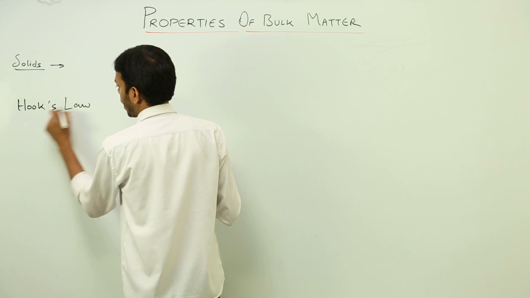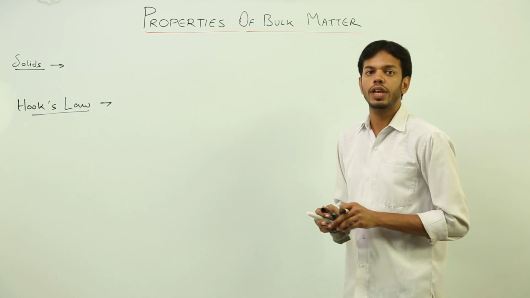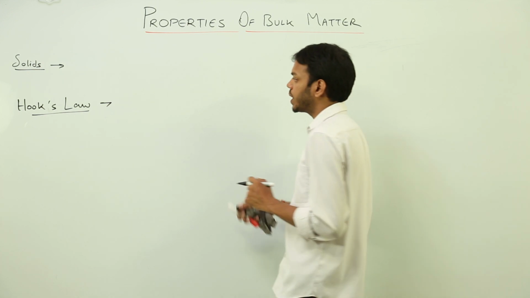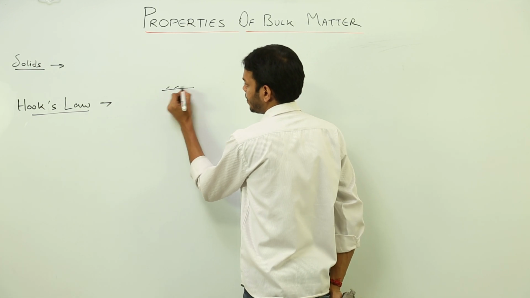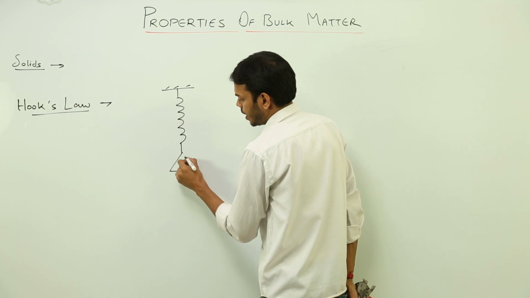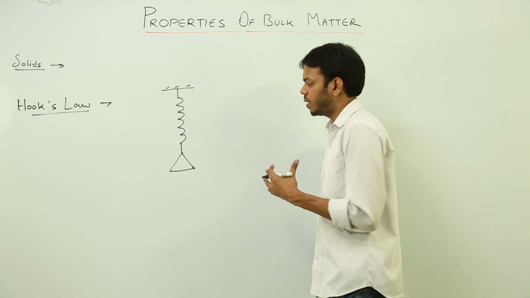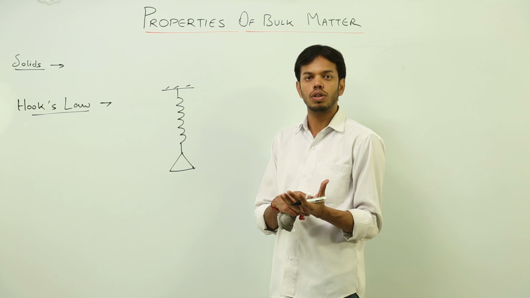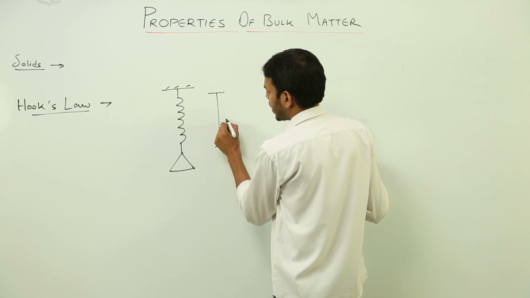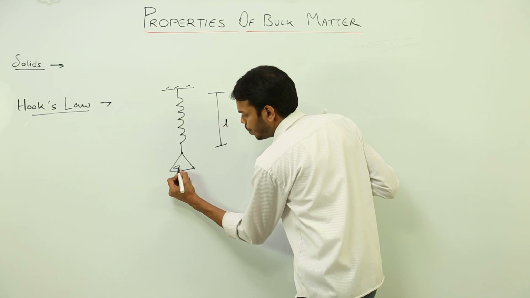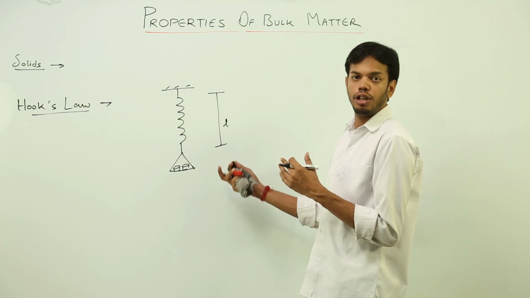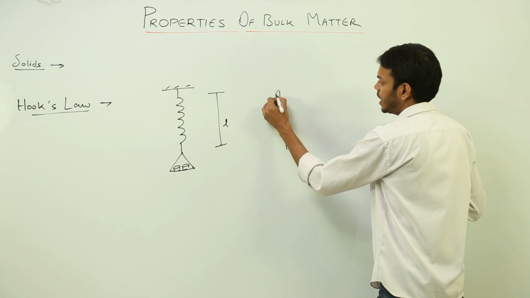Now we'll study about Hooke's law. What is Hooke's law? Hooke was the scientist who gave a detailed experimentation module on elasticity, on solids and its various properties. He conducted an experiment. There was a spring. He suspended a mini tripod or mini socket sort of thing on which you can place your weight, and here this is the original length, right? Now if you keep putting up loads on it, the length is going to increase. You are increasing the value of stress, and he drew a graph between stress and strain.